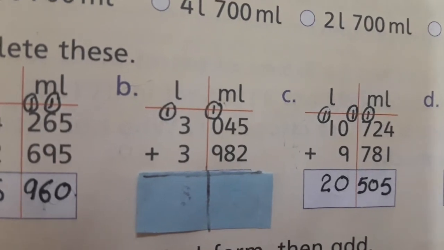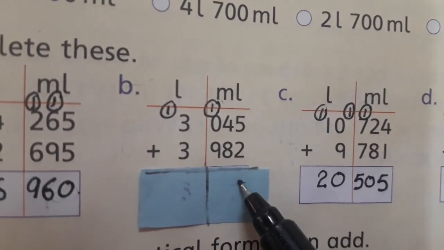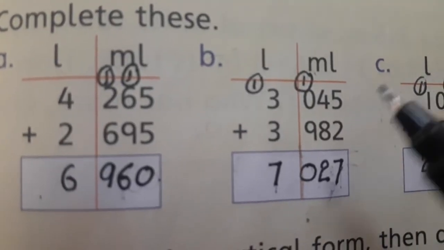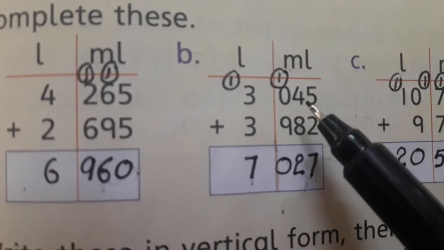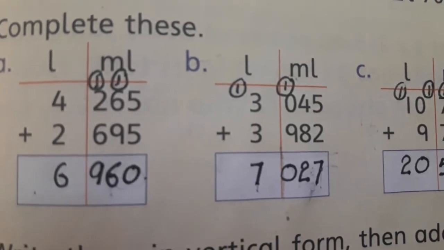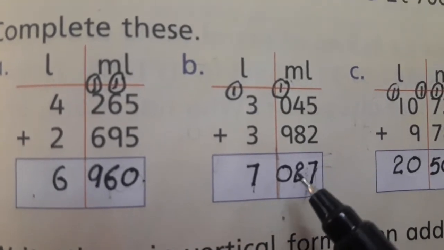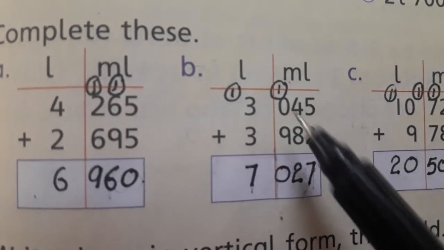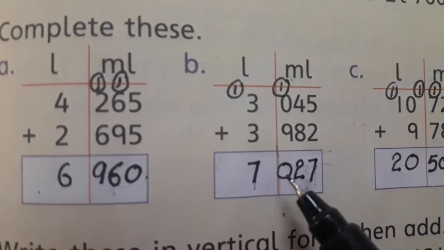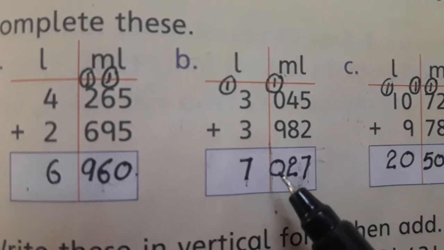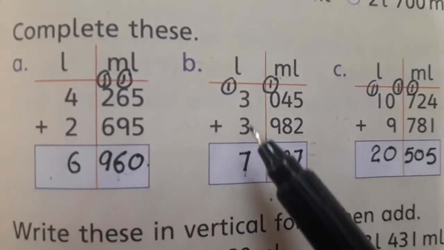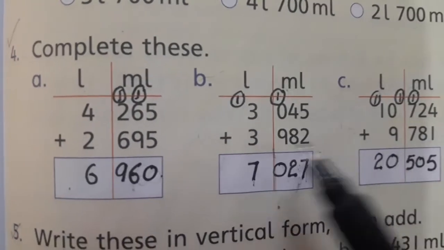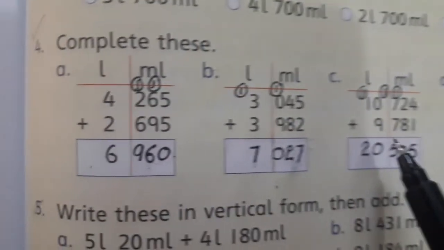5 plus 2 is equal to 7, and 8 and 4, how many? Just count on your fingers. 12. So 2 will come over here, and the 2 is the right digit, we will write it here, and 1 will move to the next side. 9 and 1 is 10. Again 0 will come here because 0 is the right digit, and 1 will move to this side. 3 and 3 is 6, 6 and 1 is 7. Students, in this way you will complete these next two addition questions by yourself.